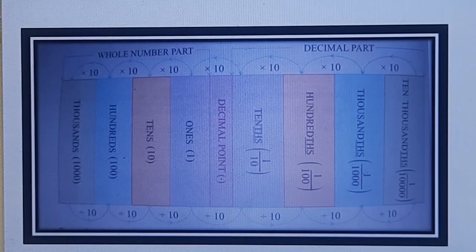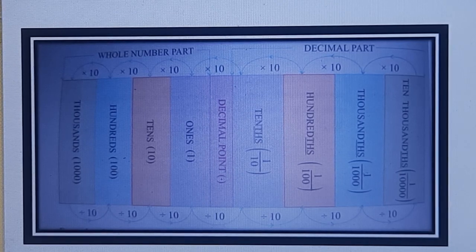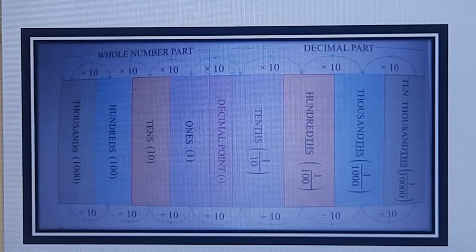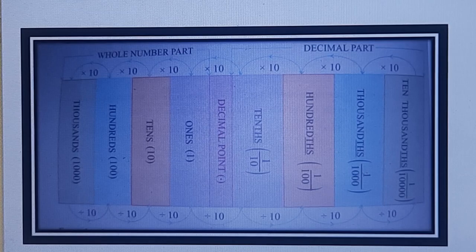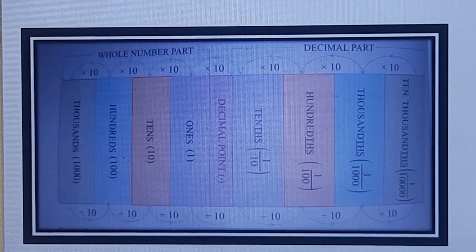So decimal, the word decimal originates from the Latin word decem, D-E-C-E-M, which means tenth. Understood? Do you know that decimal number system was first used in India and was taken up by the Arabs and introduced in Europe later? Decimal number system was first used in India. And note down that a decimal number can also be called as decimal fraction.